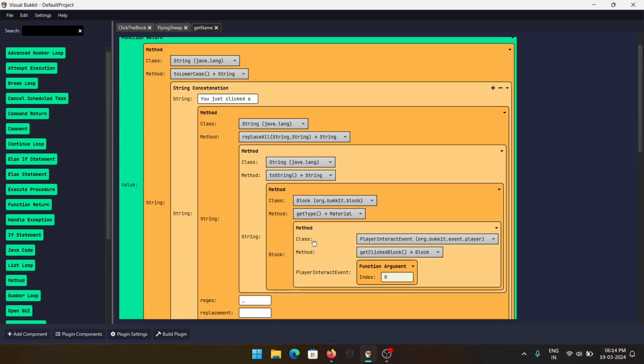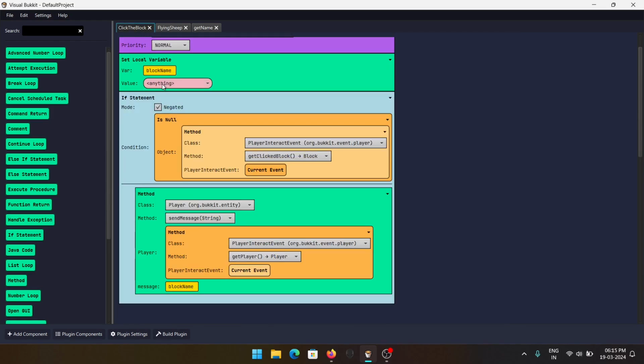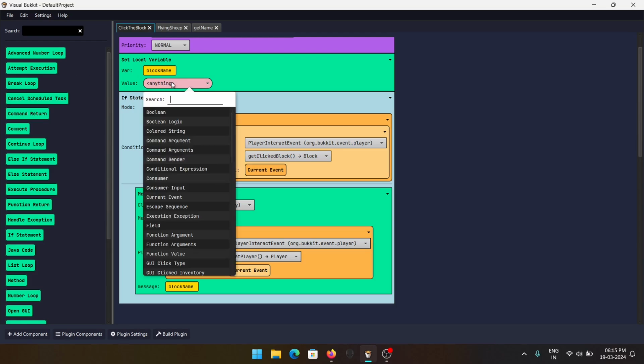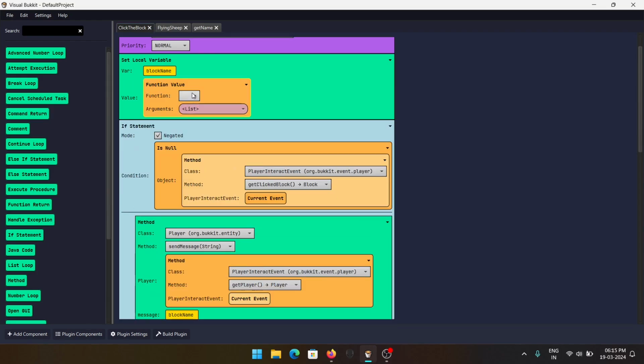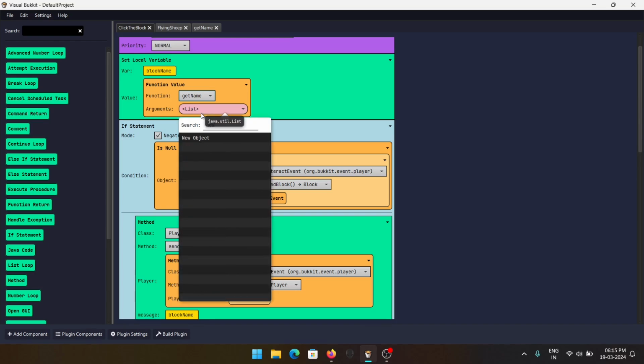So first we get the block and we get the type of the block. It asks us which block it is, so we say it's the event.getBlock, but it asks which event, so we say it's function argument number 1. Whenever I call the function, it would ask me for an argument. For example right here, it could be anything, but I just want to run a function, the get name function, new